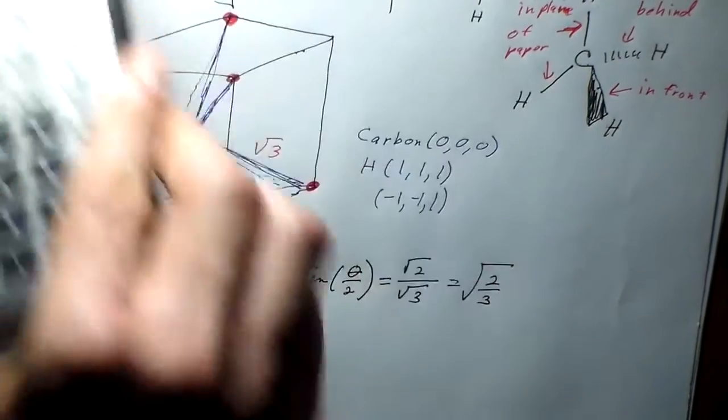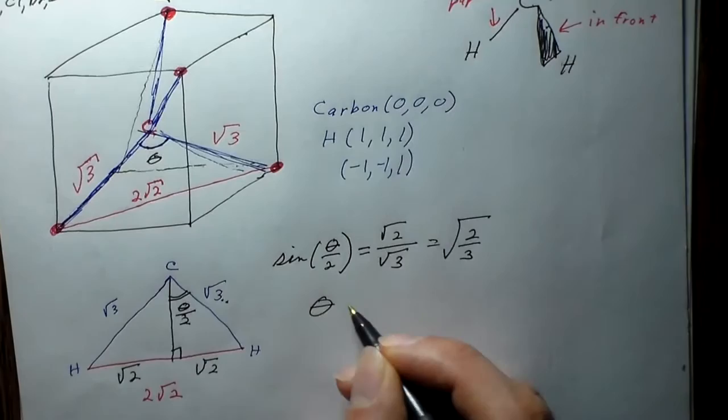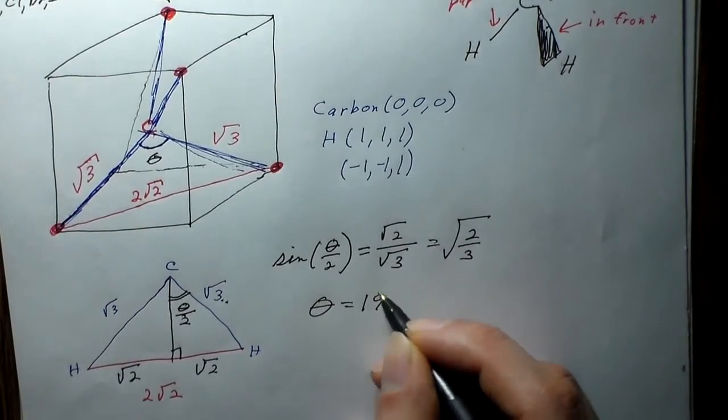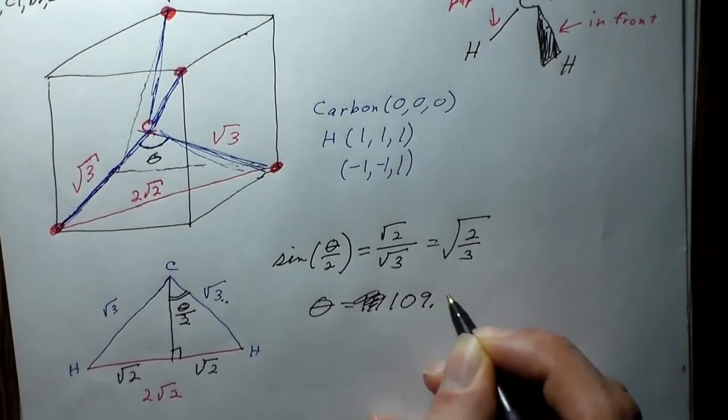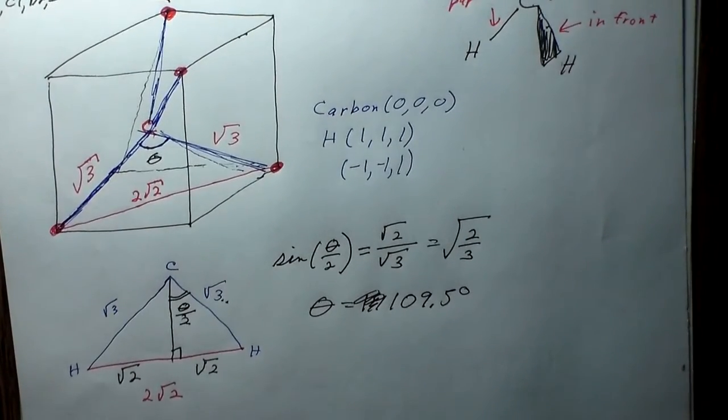109.47, but this is how many degrees that bond angle is right there. Okay, so your theta, which is our bond angle, is 109.5 degrees. Okay, so that's the bond angle in the carbon when we're dealing with nice little single